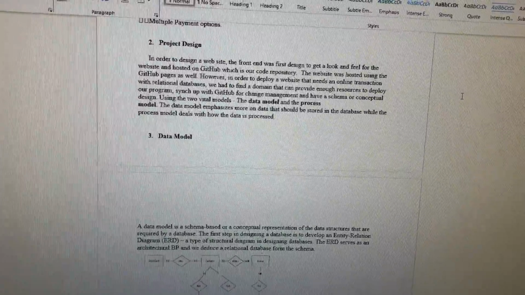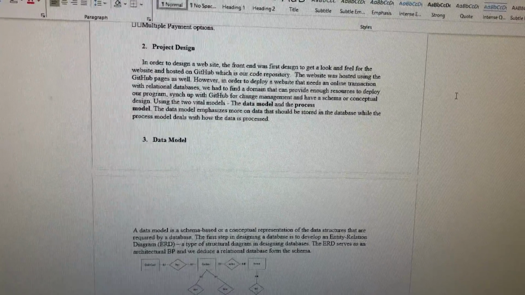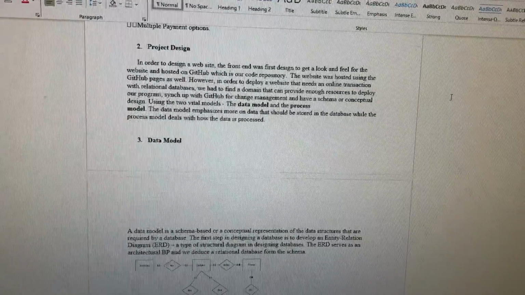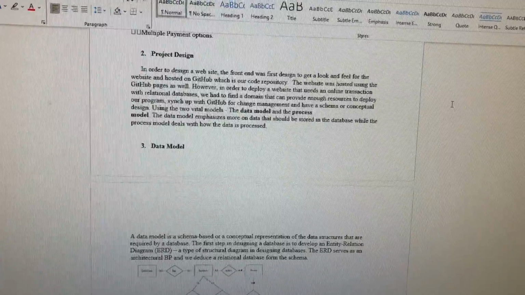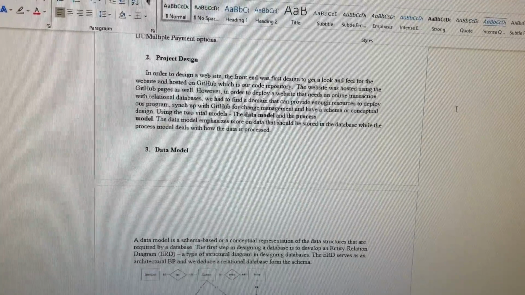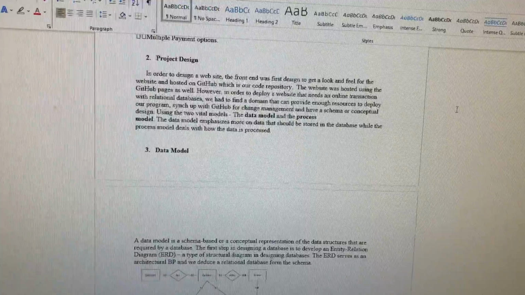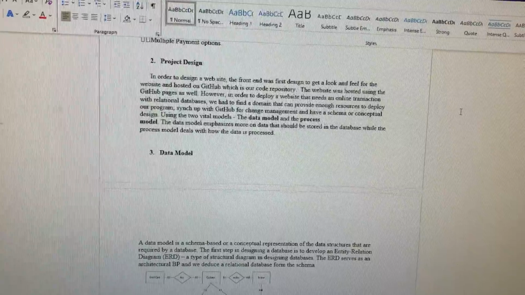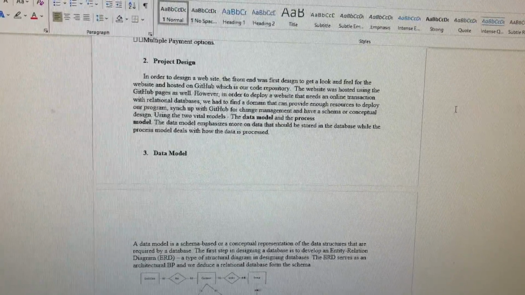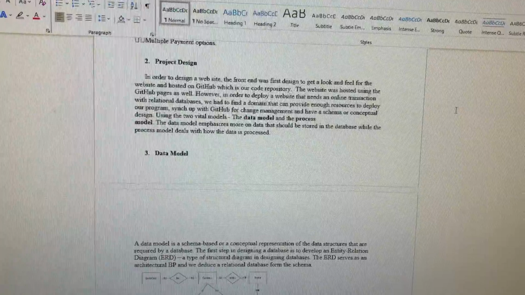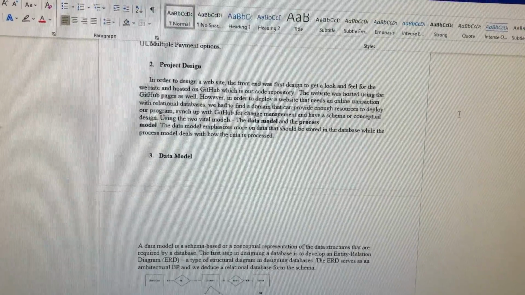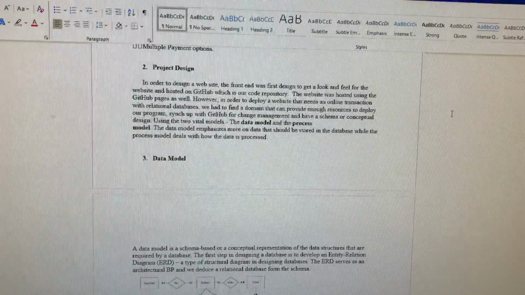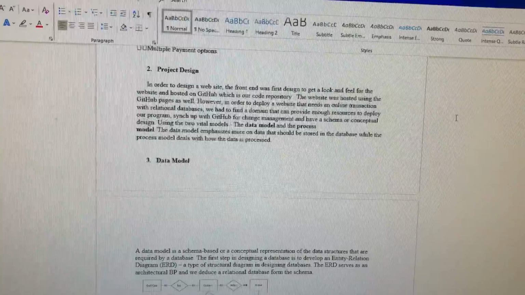In order to design a website, the front end was first designed to get a look and feel for the website hosted on GitHub, which is the primary code repository. The website was hosted using GitHub Pages as well. However, in order to deploy a website that needs an online transaction with relational databases, we had to find a domain that can provide enough resources to deploy the program, sync up with GitHub for change management, and have a schema or conceptual design. Using the two vital models, the data model